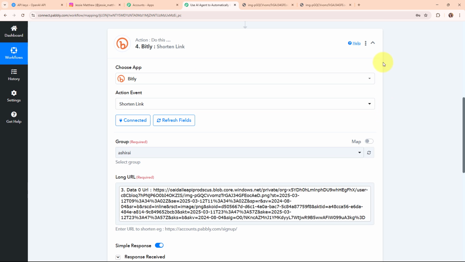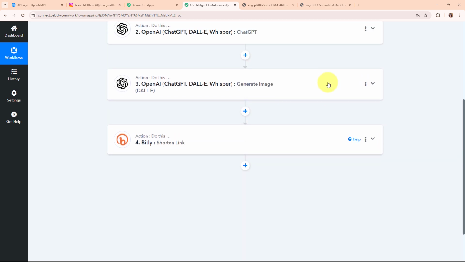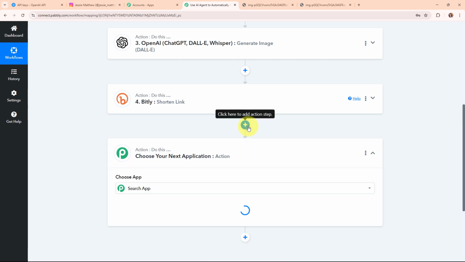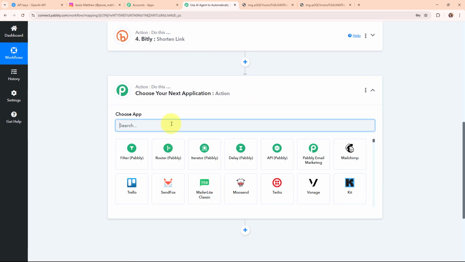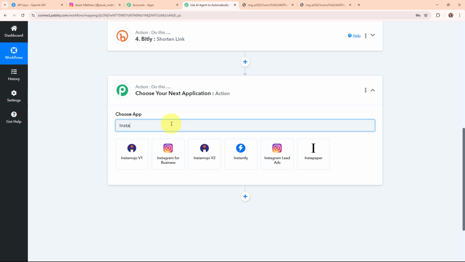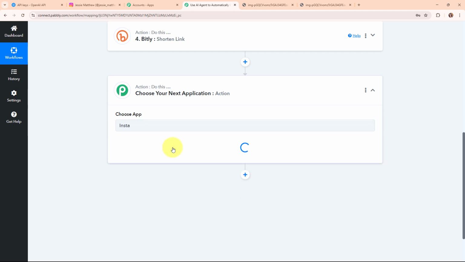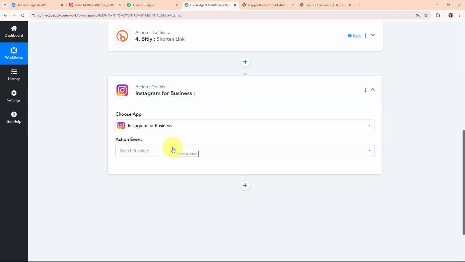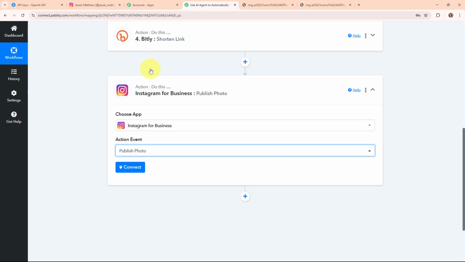Okay, so with this we have successfully set up this action step as well. Now here I'm going to click on this add action step, and here in this action step I'm going to select my action application as Instagram for business. So Instagram is a social media platform where people share photos, videos and stories with friends and followers. So here in my Instagram for business action step, I'm going to select my action event as publish photo, so